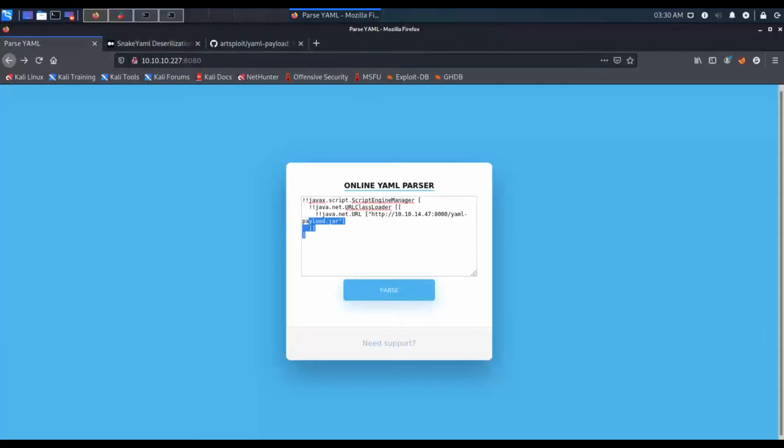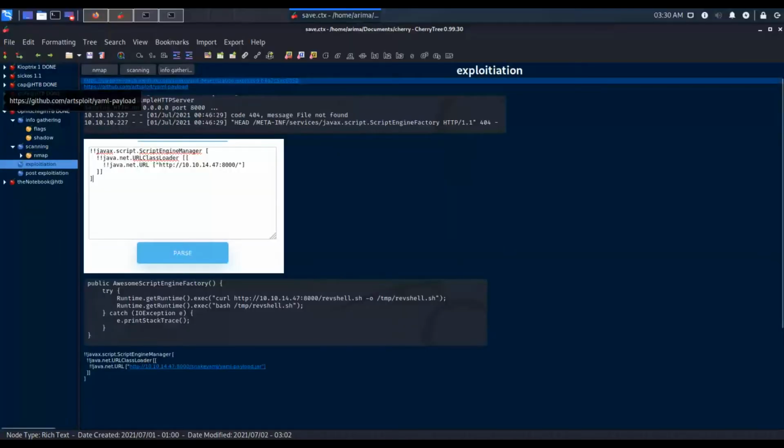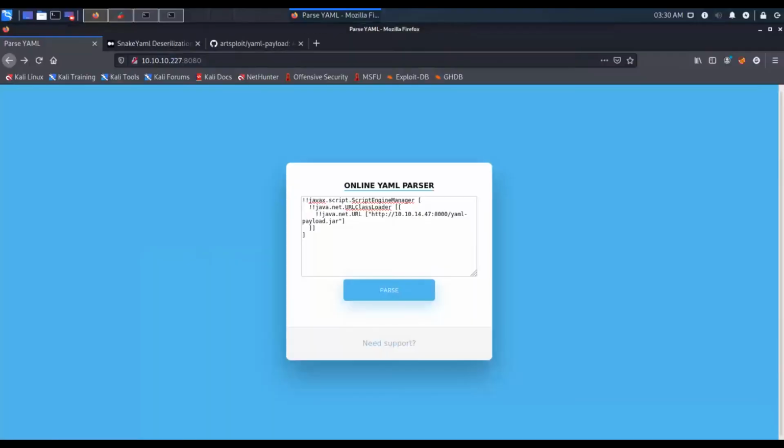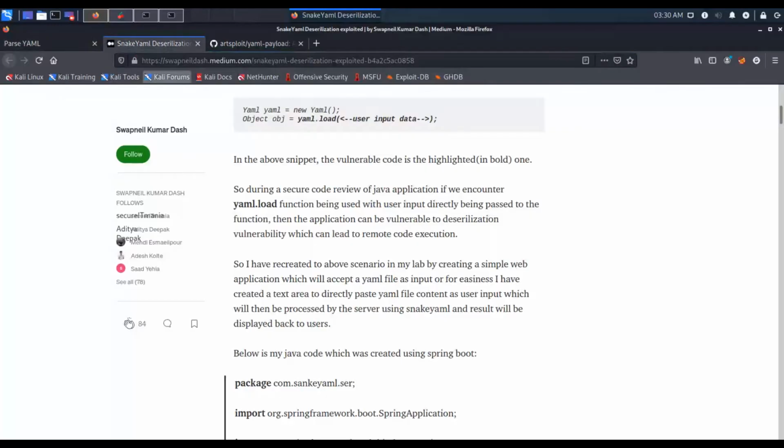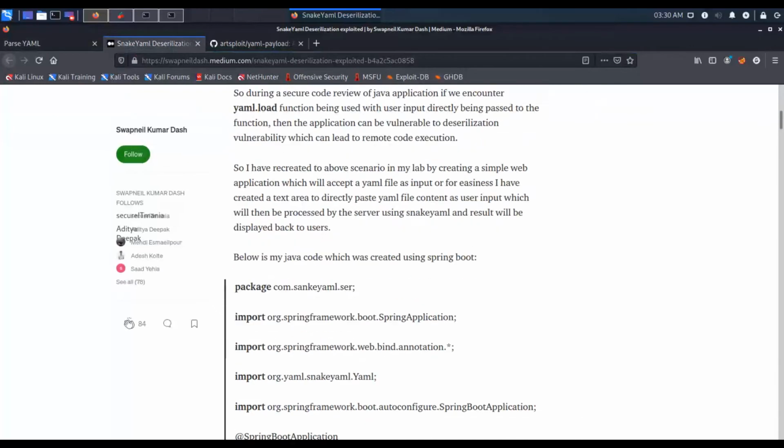Now, don't worry about this one. This is called Online YAML Parser. So I searched for YAML exploits, and I came across two links, which are this one and this one. So the first one is a Medium article which explains the